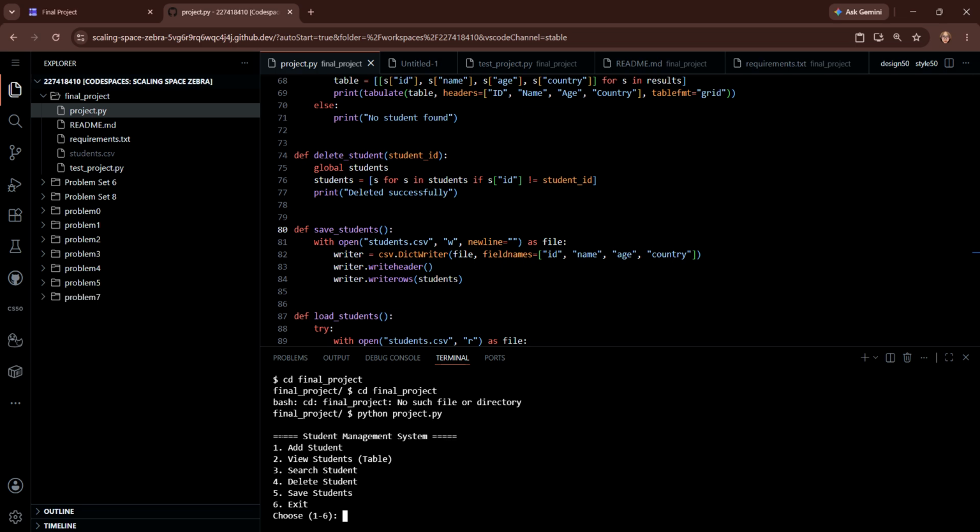Okay, now we see the six features. One is add student, 2 is view student, 3 is search student, 4 is delete student, 5 is save student, and the last one is exit. So now I need to input number 1,